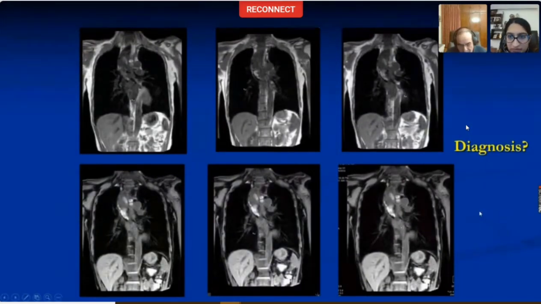So we are slowly moving towards the right direction. So maybe a melanotic met. Right. This is a primary melanoma of the esophagus. Very rare lesion. I show it to you because this is probably the only one that I've seen in many, many years. It is known that only parts of it may express the melanin, so only parts are showing T1 hyperintensity. The whole lesion is not T1 hyperintense. This accounts for only about 1 to 2% of all esophageal tumors. It's distinctly rare, has a poor prognosis, can spread to lymph.